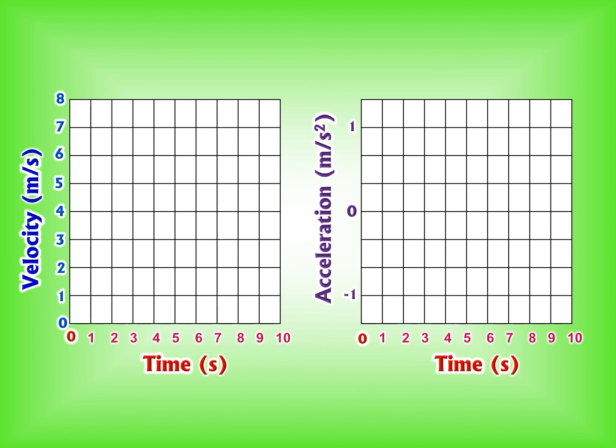So let's look at the velocity for the first several seconds. Velocity for the first 3 seconds is increasing. Well, that's positive acceleration. So notice that the acceleration is above 0. Then after that, suddenly it drops, okay? The velocity remains the same for the next 4 seconds. That means the acceleration is actually 0. Notice that that is the 0 line. Even though it's way up there, that means 0 acceleration.